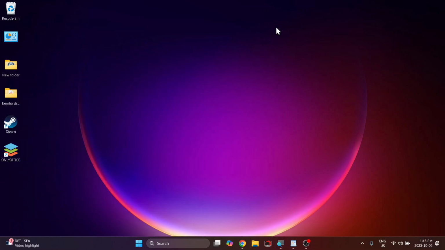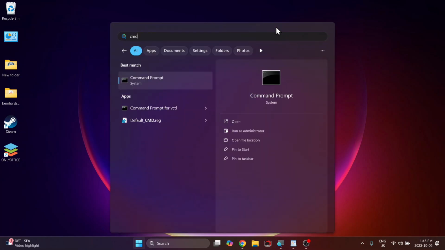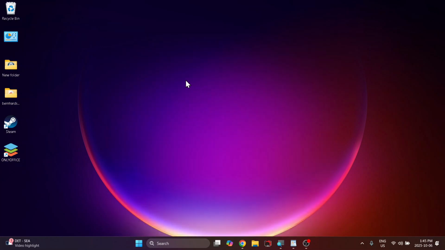I went to command prompt by hitting the Windows button, searching for CMD, and then running it as administrator by right-clicking on it and typing in the following command. Check disk, so CHKDSK space D, which is the drive letter, followed by a colon, space /F space /R, and then running that